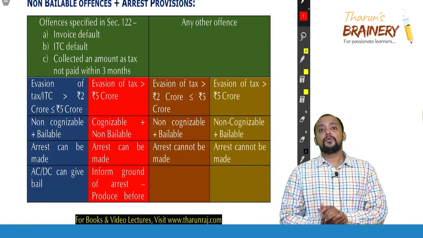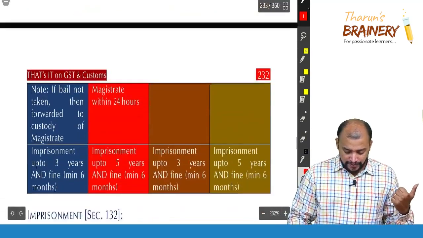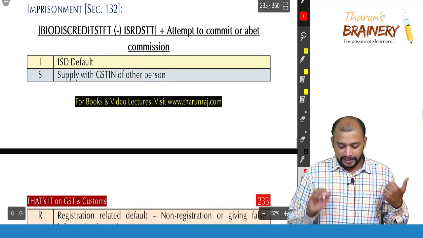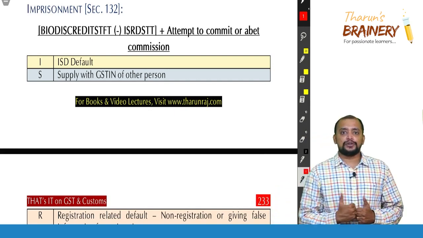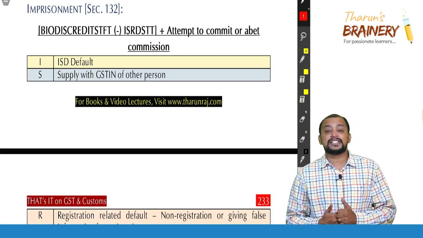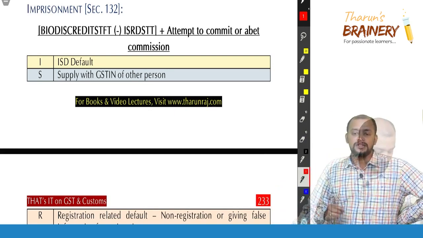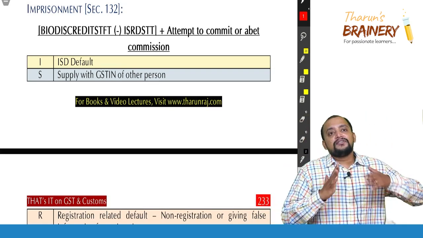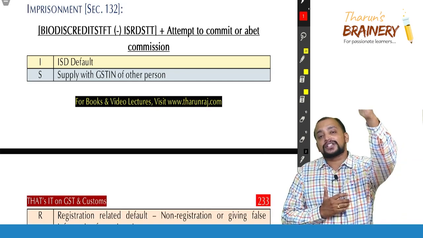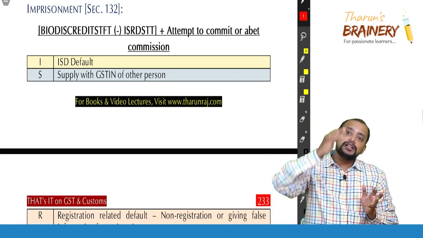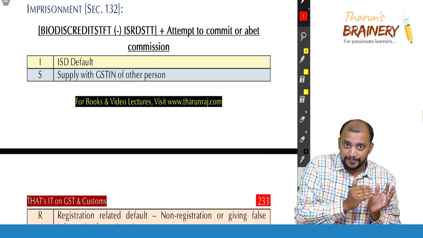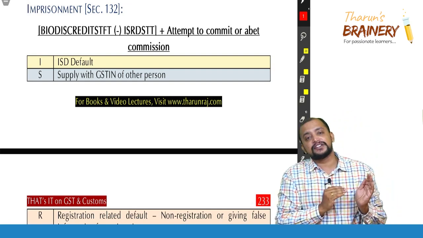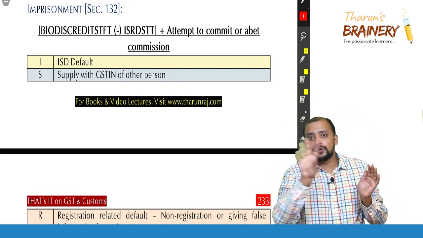Now, what we need to know is about imprisonment. The next area that we need to understand is imprisonment. We saw the offences, now biodiscredits TFT. These biodiscredits TFT, for this we should take out